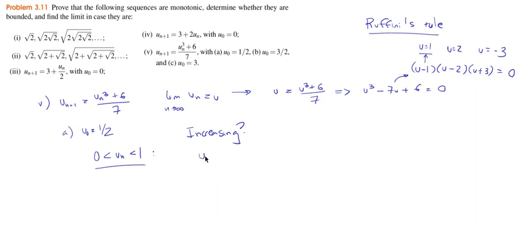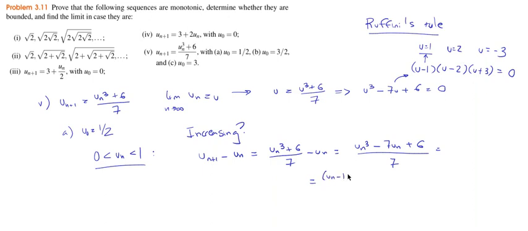Well, as we have done before, we compute u sub n plus 1 minus u sub n, and then we have u sub n cubed plus 6 over 7 minus u sub n, and then you have minus 7 u sub n plus 6 over 7. So again, the same polynomial as before, as we have seen, and we know we can factor this with this root. So this is u sub n minus 1, u sub n minus 2, u sub n plus 3,